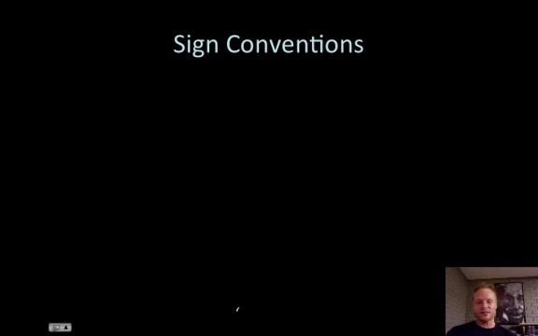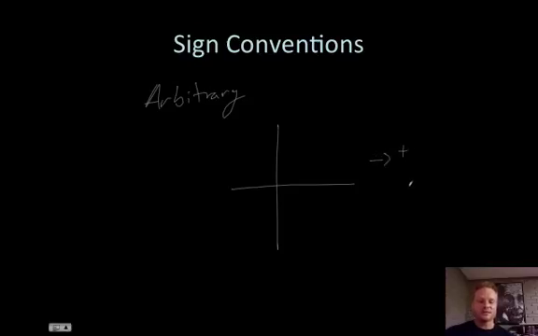basically sign conventions. And sign conventions are basically an arbitrary thing. They are completely up to you in terms of how you want to do it. But once you pick some sign conventions, I recommend sticking with it. The typical sign conventions are basically based off of, like, if I were to make a graph, okay? If I move to the right, I'm going in the positive direction. If I move to the left, I'm going in the negative direction. If I go up, I'm going in the positive direction, and if I go down, I'm going in the negative